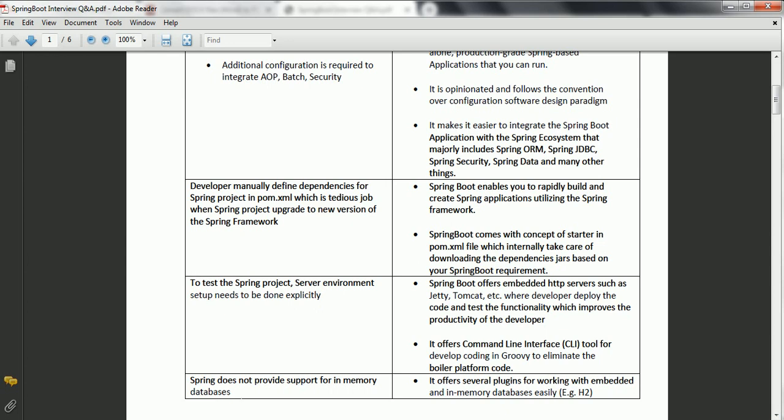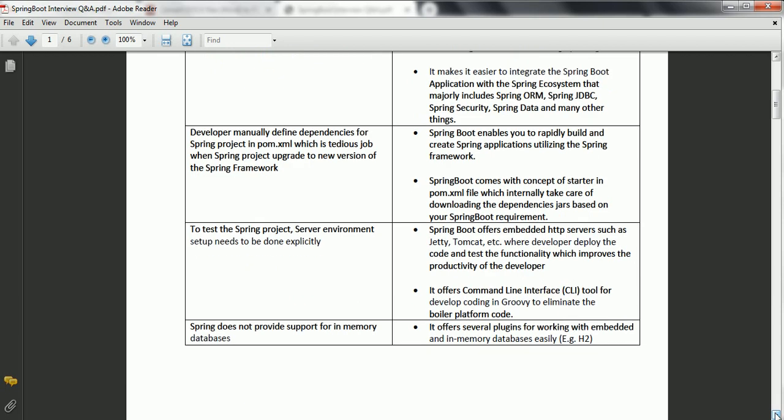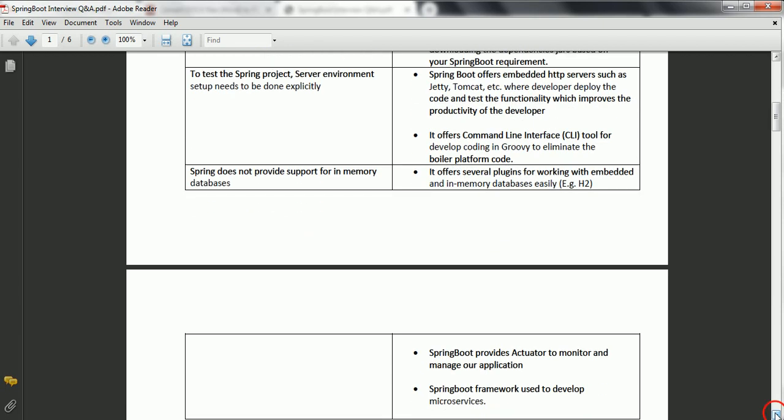And Spring does not support in-memory databases. If you want to test some POC, then again you have to manually download another database like MySQL or Derby. You have to set up the database explicitly and then do the POC. But in the case of Spring Boot, it comes with in-memory database plugins like the H2 database or Derby. Once you add the specific jars in the class path, then the remaining things are automatically taken care of by